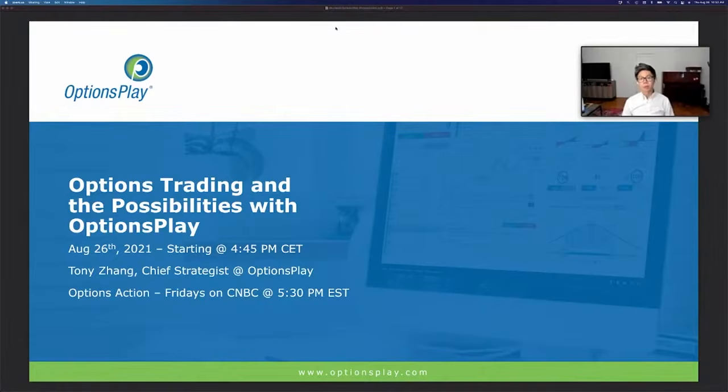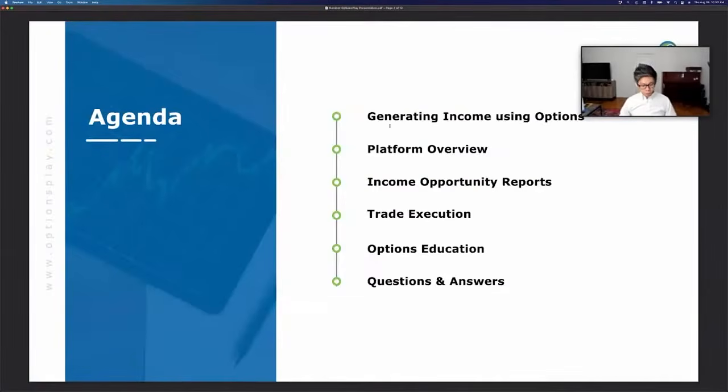What I want to do is take this to the next step and talk a little bit about option strategies that you as an investor can actually utilize in your trading, and more importantly, how you can access some of the tools that are available to you here in the Nordics to leverage and implement some of these strategies. So what I'll start off with is talking about a simple option strategy, generating income using options.